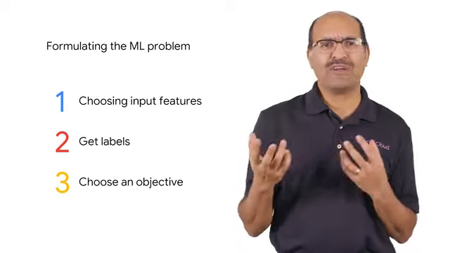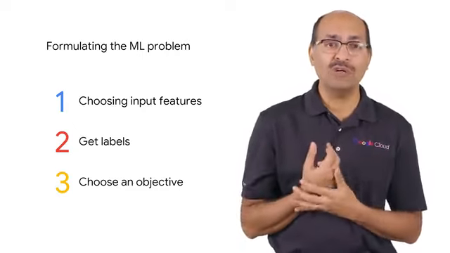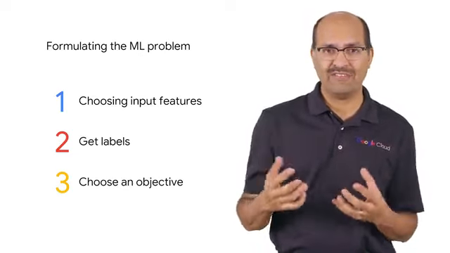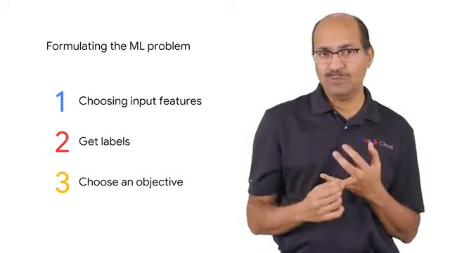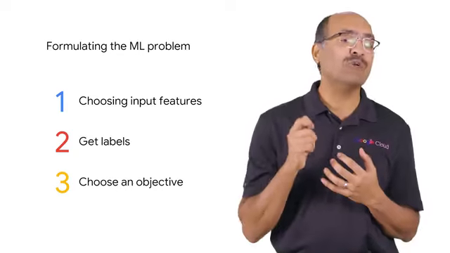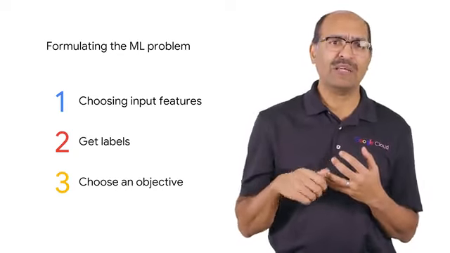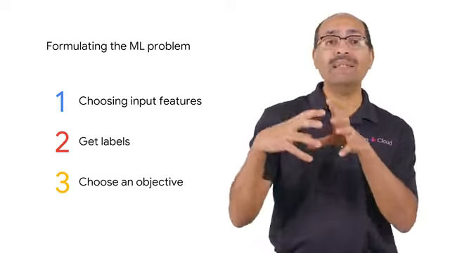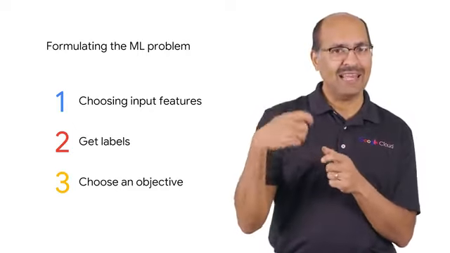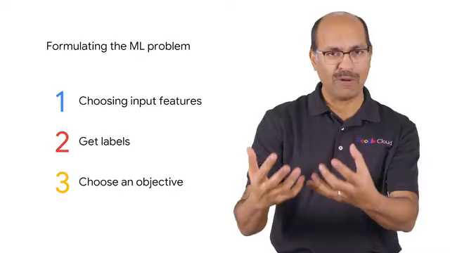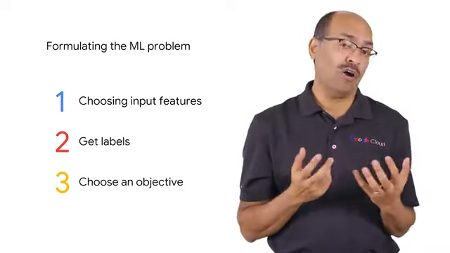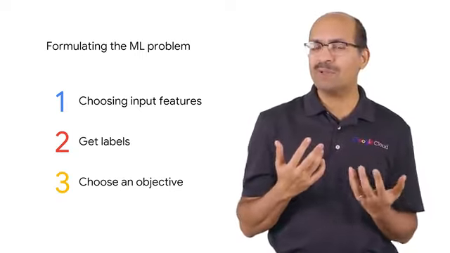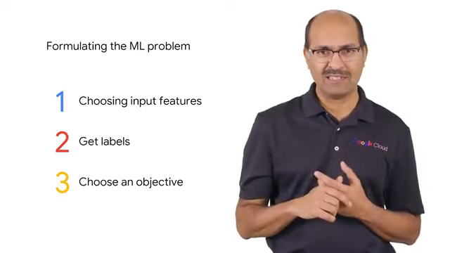Sometimes, as with figuring out how many people are in the store, that will involve training a machine learning model to create the feature. Number two, figuring out how to get a label. You can use historical data if you have it, or you can build a labeling system to collect data in order to prepare for machine learning, or you can use a labeling service. It depends on the problem and it depends on the business context.